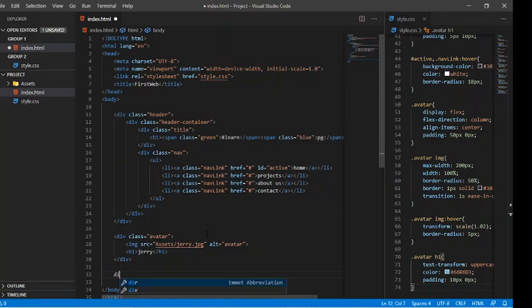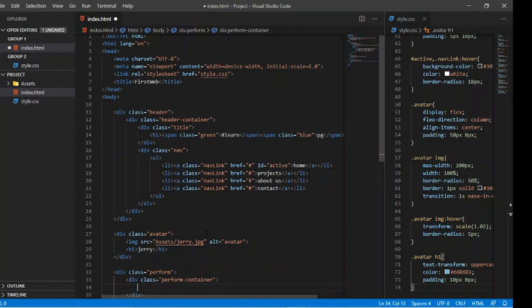Div dot perform, and another div dot perform container, and inside the container I have my two works. The first one I have is div dot node,